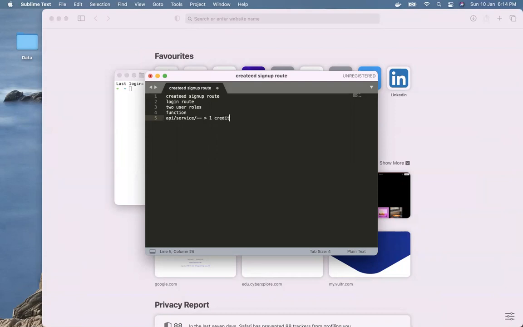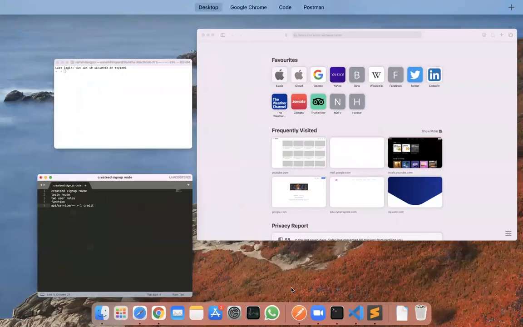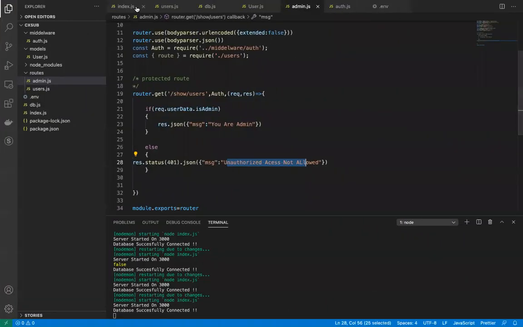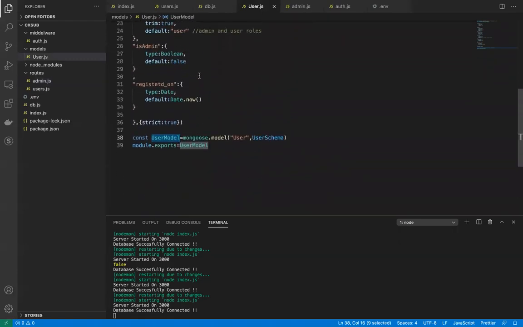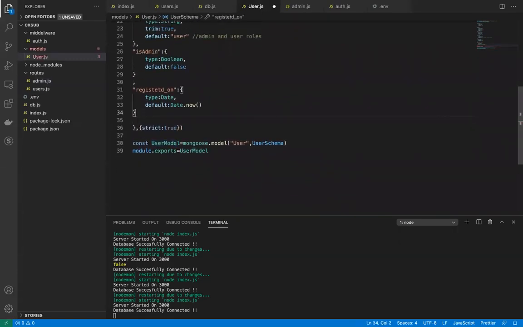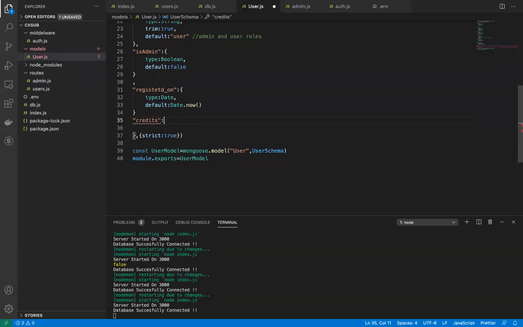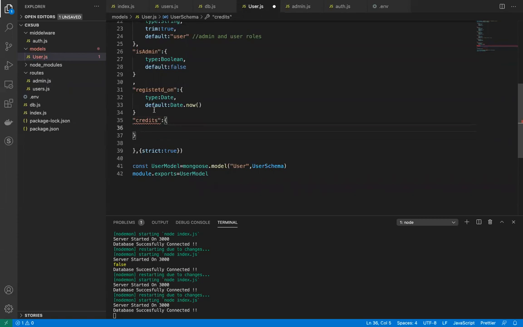credit. Okay, so there is one thing which we haven't added into the schema, which is a main thing which we have actually forgotten. So in this user schema, we actually want to add a property named credit. So it will be some credits, you can say, which he can use for a particular service on our website. Okay, so this is which we haven't used.